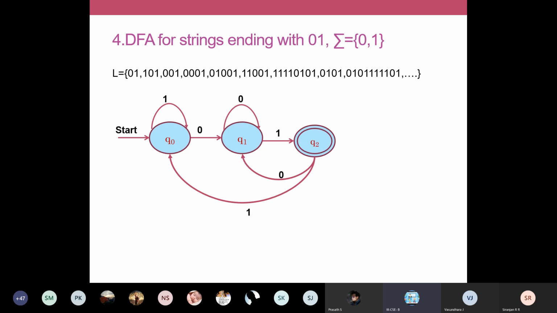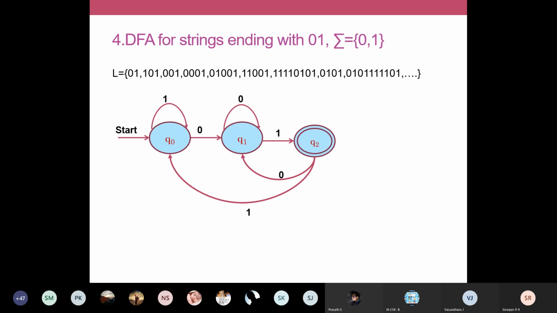So in all these problems, you just see they're all DFAs, and in each and every state, you will have exactly one transition for every input alphabet. Okay, your input alphabet is your sigma. It is given as sigma is equal to {0, 1}. So in all the DFAs, you will have one outgoing edge for 0 and 1. Okay, you will have exactly one outgoing edge. So if any particular edge is missing, then it is not a DFA. It will become an NFA.